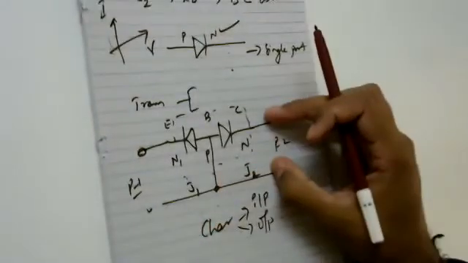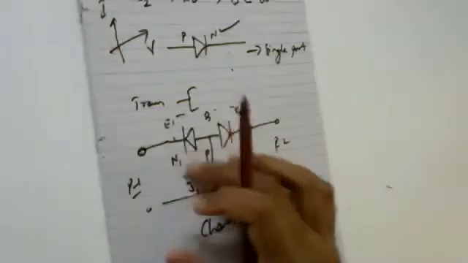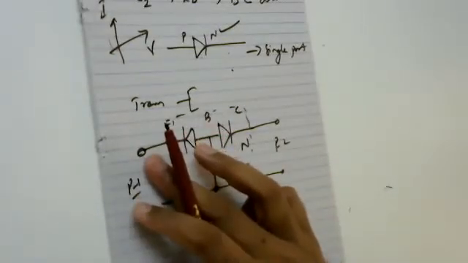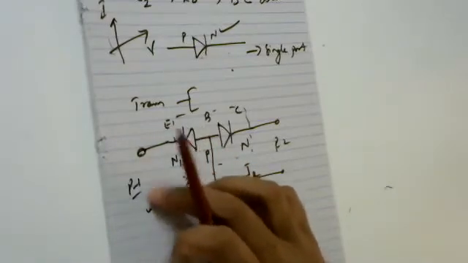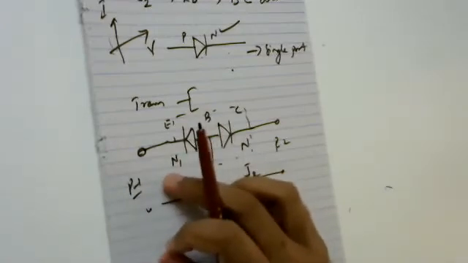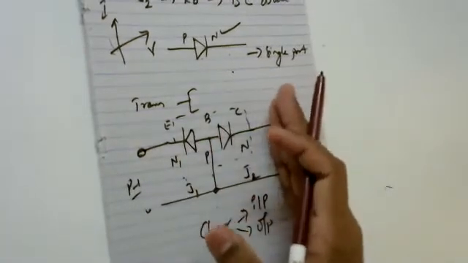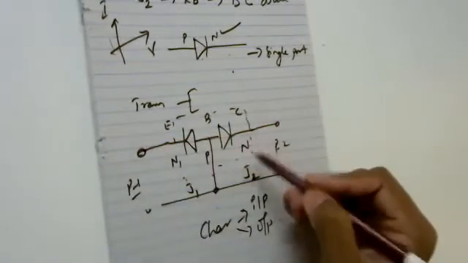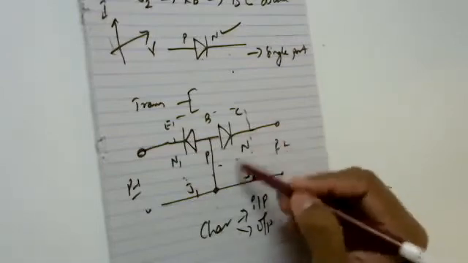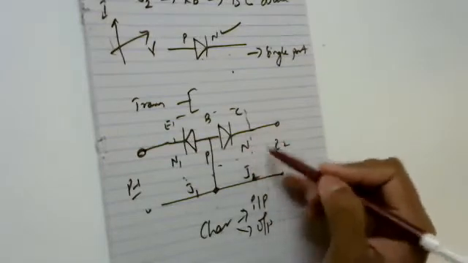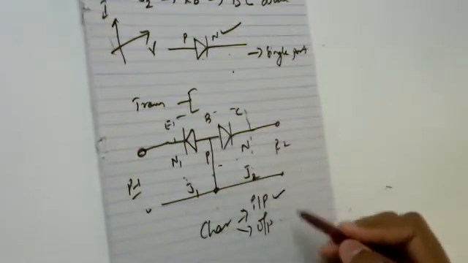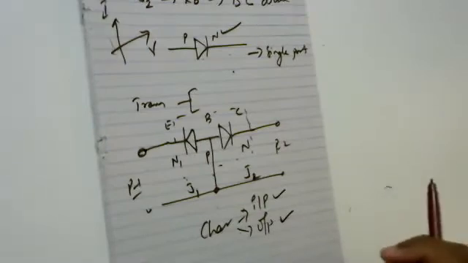Keeping your output port constant, what happens to your input port when voltage is increased? This becomes your input characteristics: a plot of input voltage versus input current by keeping output constant. By keeping your input constant, what happens when output voltage is varying? What is the change seen in the output current? This becomes your output characteristics. That is why for a transistor you have input characteristics and output characteristics.